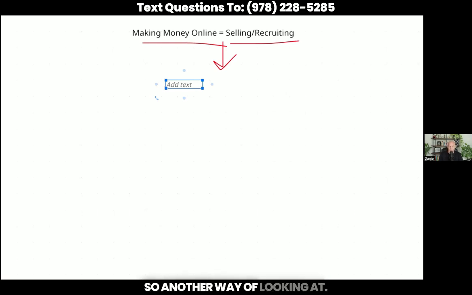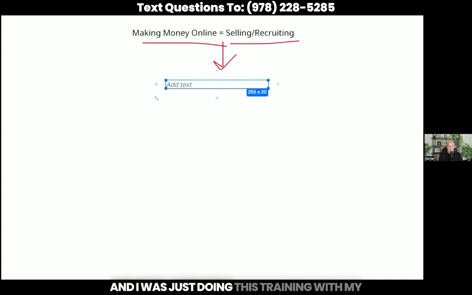Another way of looking at it, and again, everything that I'm sharing with you is how I see it. This is my point of view, my 2 cents here. You might look at it a completely different way, and that's totally fine. But when you look at recruiting, it's just another way of sharing information. So you're sharing info, also known as inviting.